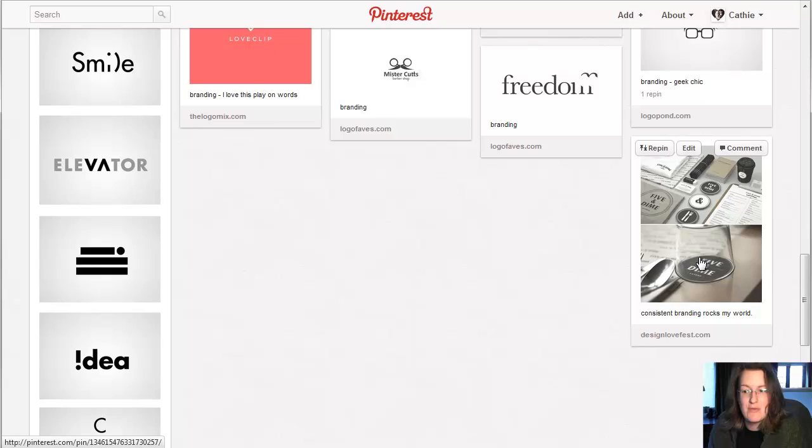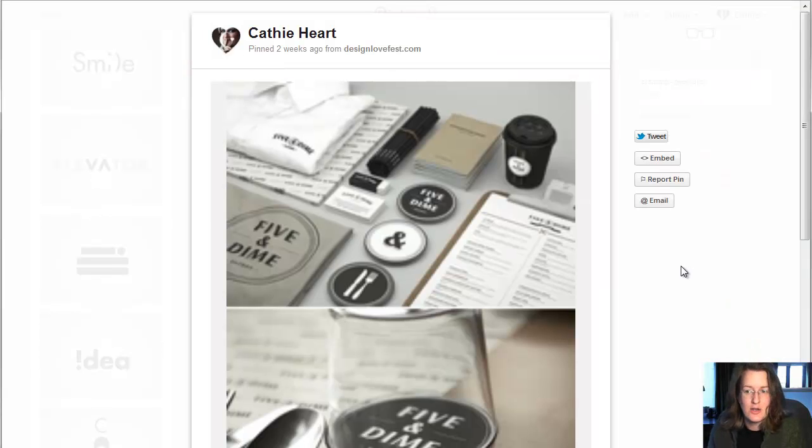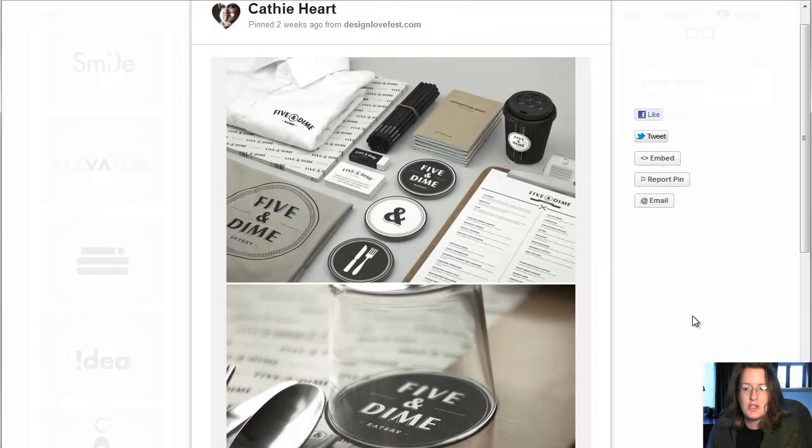Here is one of my favourite of the consistent branding across the board, with the shirts, the business logo, the business cards, the mugs, everything, the coasters, the entire lot is all branded very, very closely together. So it's all one consistent message. To go back,